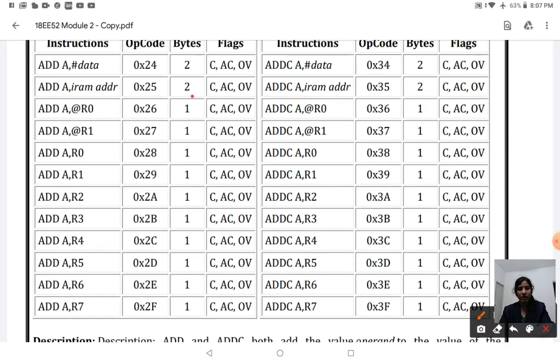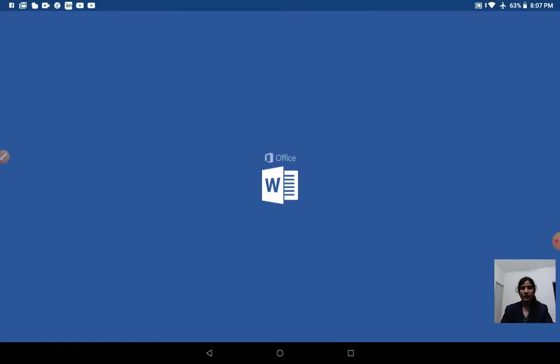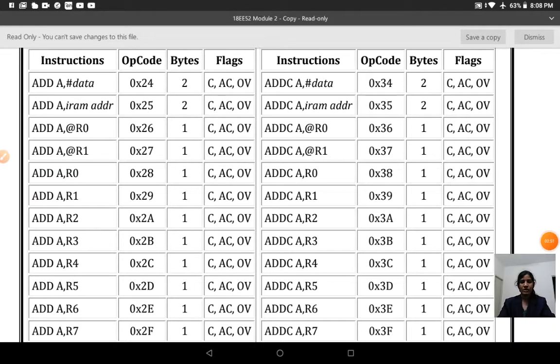I'll show one in Word. I'll open Word and write some program so that you will come to know what exactly it is.